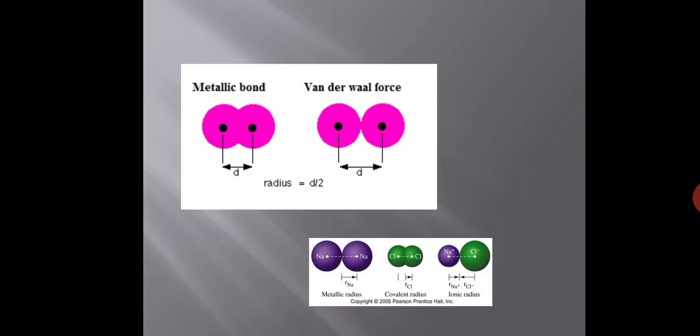So it is a weak bond, a weak force. So definitely the atoms will be far apart from one another compared to covalent. So hence Van der Waals radius is more than that of the covalent radius. That's the reason we can say that. Another reason we can also give, in many different ways you can understand it: a covalent bond is formed by the overlapping of two half-filled atomic orbitals.